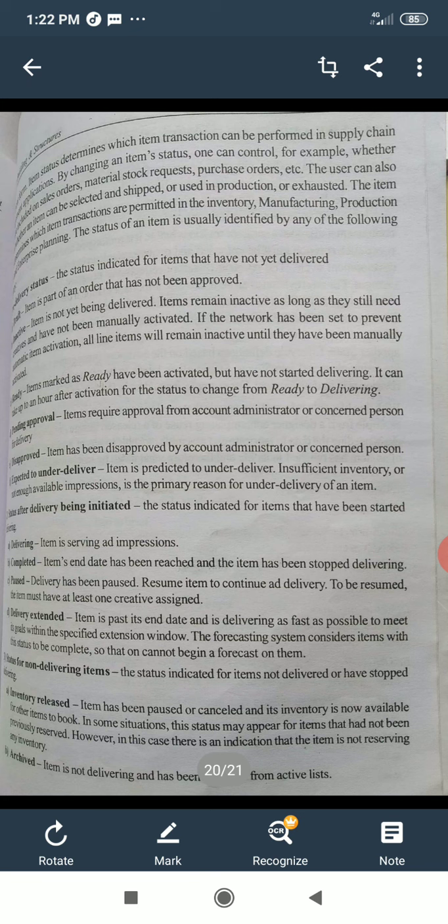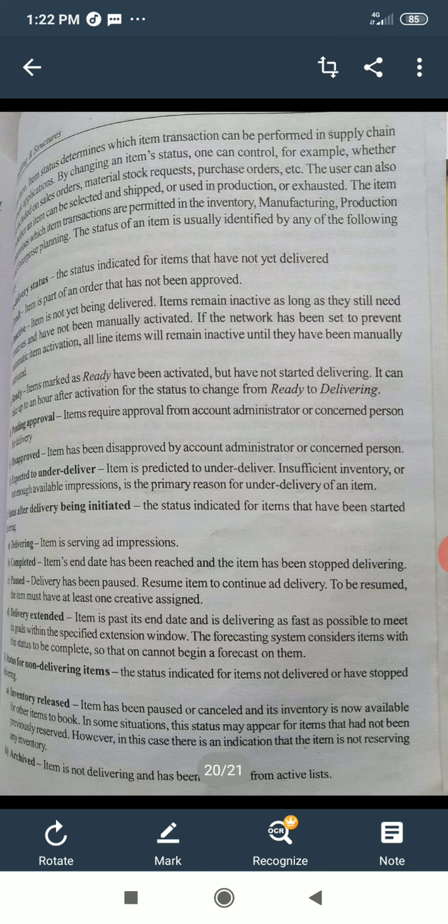Next, second will be status after delivery being initiated. That is the status indicated for items that have started delivering. Delivering: item is serving ad impressions.